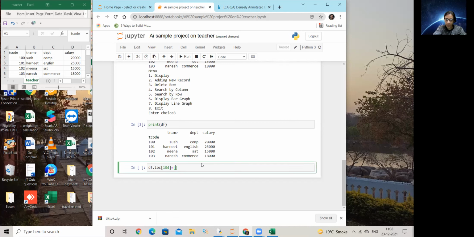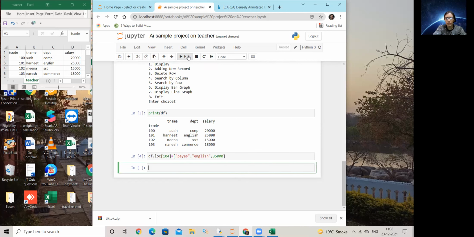If it is a text value, it will be in quotes. If it is a numeric value, it will not be in quotes. That is a fundamental rule we follow. So supposing I say Pius, English and 35,000. That is a basic simple way to insert data permanently.